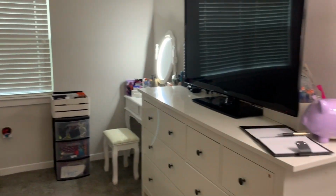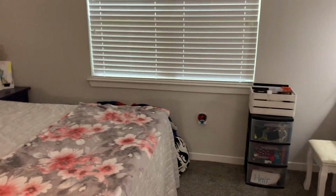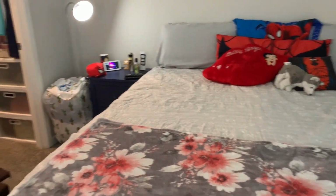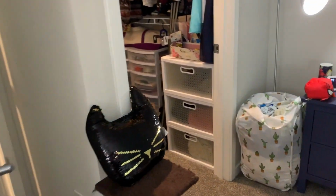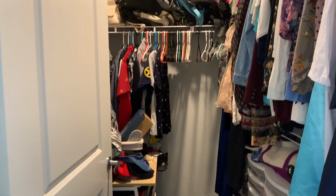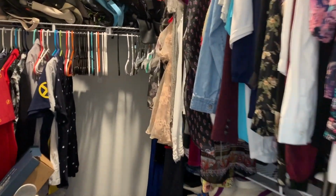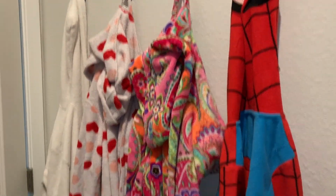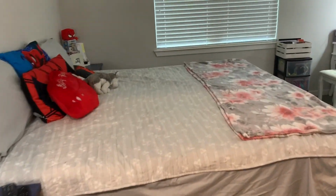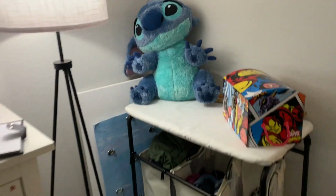Next is the bedroom. Got the dresser, the bed, TV, all that same stuff, normal stuff people have. The little baby kitty tower. Closet, now full of my millions of clothes and bags, shoes, because of course they couldn't all fit in the closet. My robes and my Spider-Man onesie, all very important, must be hung up. We've got my laundry baskets, lamp,